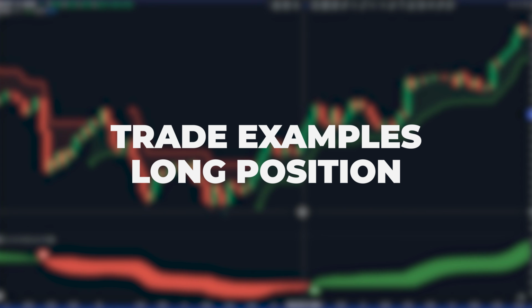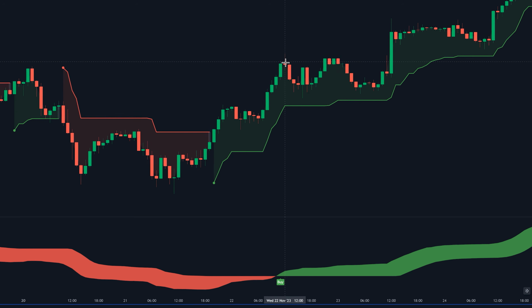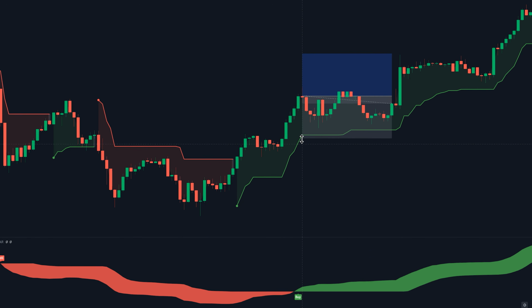Because to take a long trade, you just want the bottom indicator to print a buy signal in an area where the Supertrend indicator is colored green. Once you have those 2 conditions met, you take a long position. The stop loss goes right at the bottom of the Supertrend cloud. The take profit should be set at 1.5 times the risk. Letting a trade run,